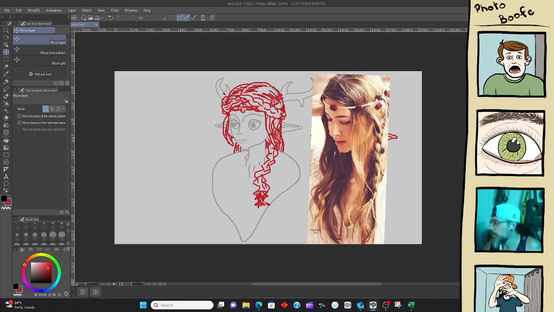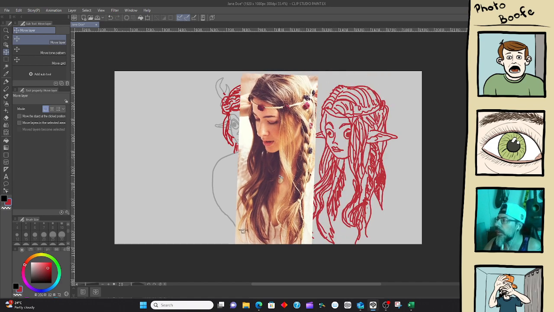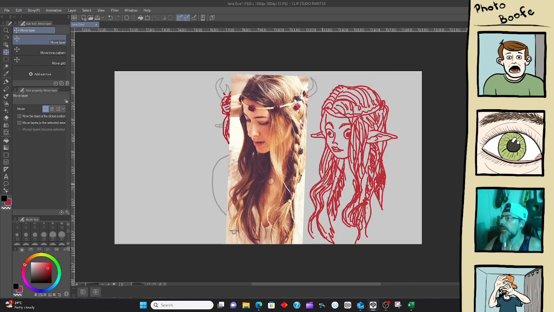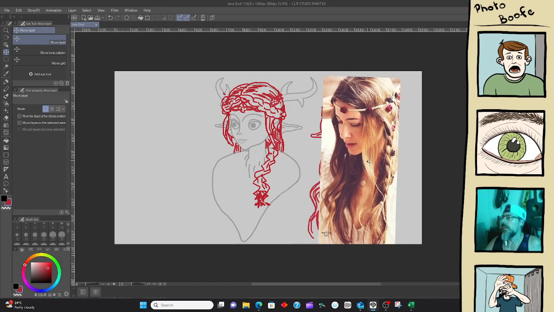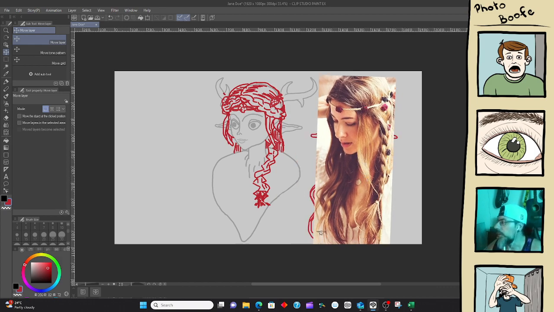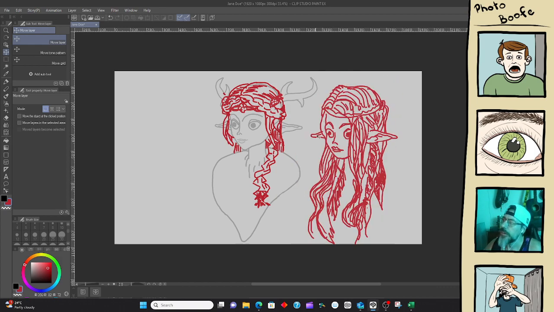If I go ahead and just put that side by side, you'll see the shapes are fairly similar with the plait. So I don't know exactly which one I'm going to go for. I'm just going to start shaping stuff in and see where it goes, I suppose.